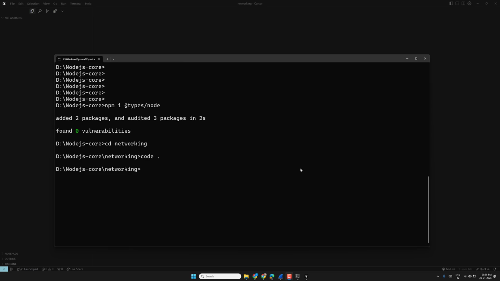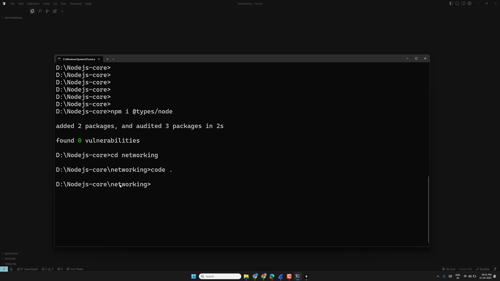Now what we will try to do is create a networking application on a port, and we will be using the TCP protocol for this networking application. So let's build that network application. Let's start from scratch. Here I will be creating a networking